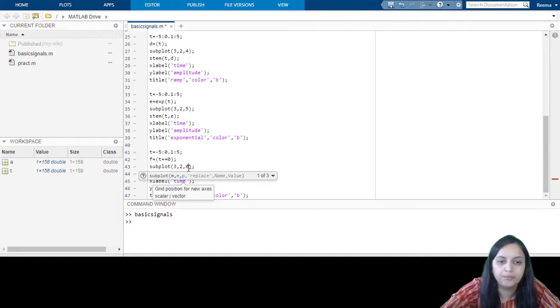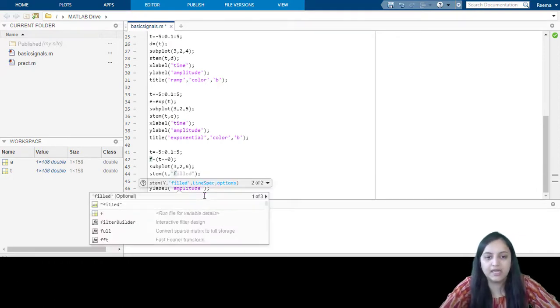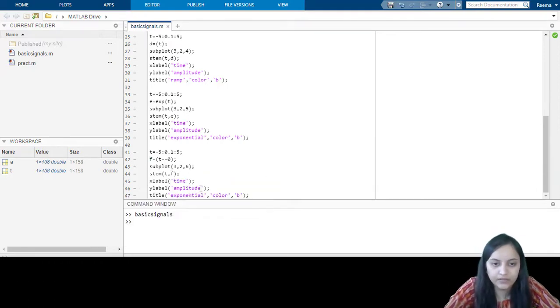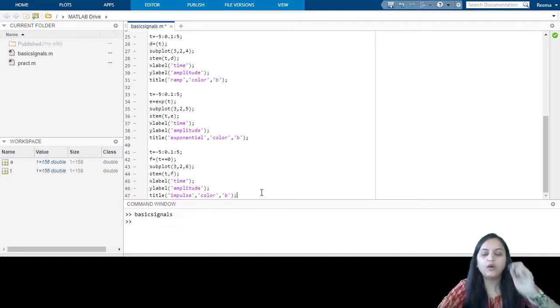Here we need to give subplot 3, 2, 6 and the stem(t,f) function, and we change the title, which in our case is impulse. So let us make the change in this title, which is impulse. Now we have plotted all the signals.